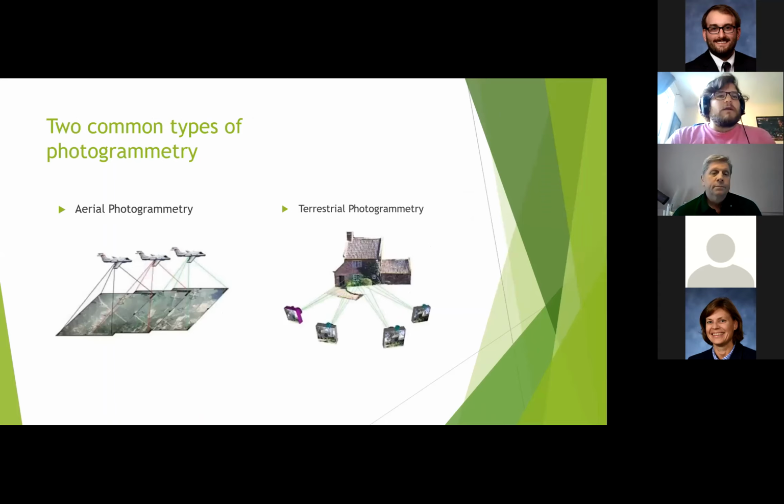There are two common types of photogrammetry, one being aerial photogrammetry, collected from either some sort of aircraft or a drone. And then there's terrestrial photogrammetry, which is the method I'm going to be going over today, which is taken from some sort of side-looking instrument, like a survey grade camera, or could be simply from a smartphone.